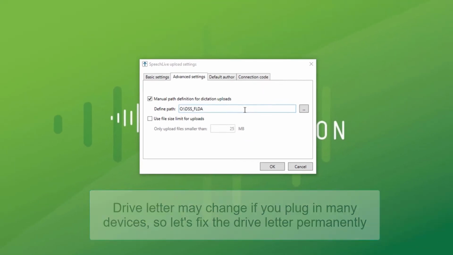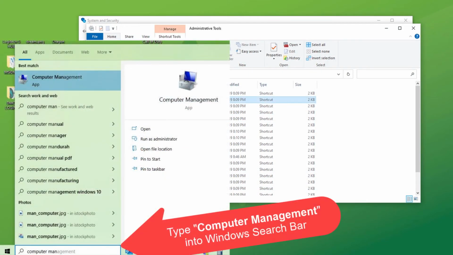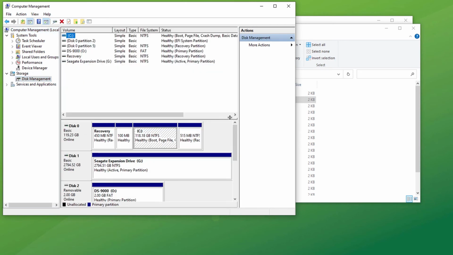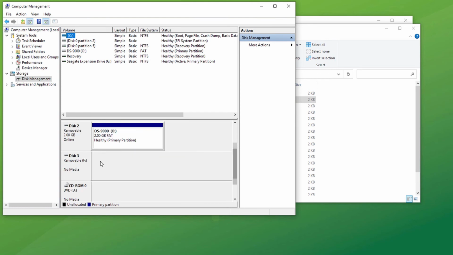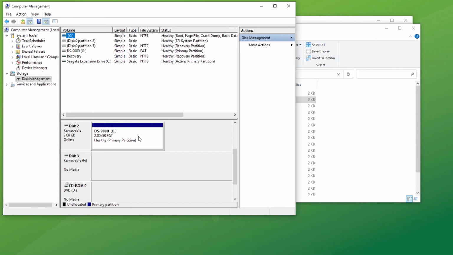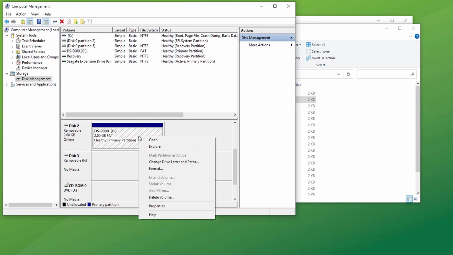So I've gone into computer management. Under storage, go to disk management. And you'll see now that the Olympus has been set to drive O. The reason I'm choosing O is because it's further down the alphabetical list and less likely to be selected by other USB inputs. If you right-click that reference, you can see here you can change the drive letter path